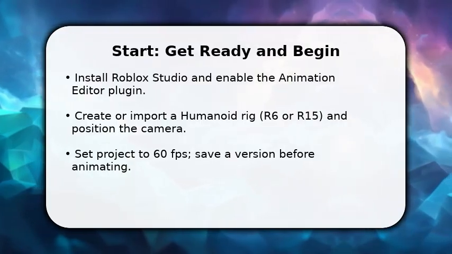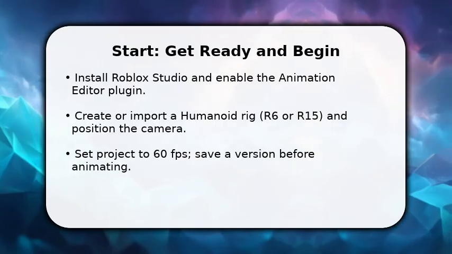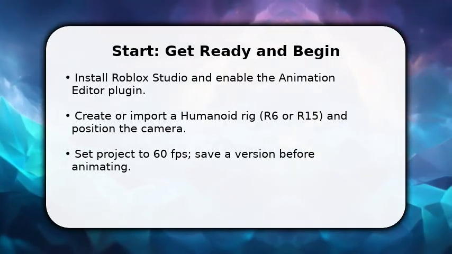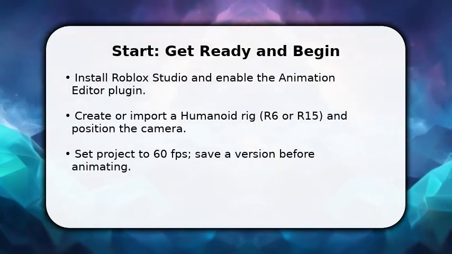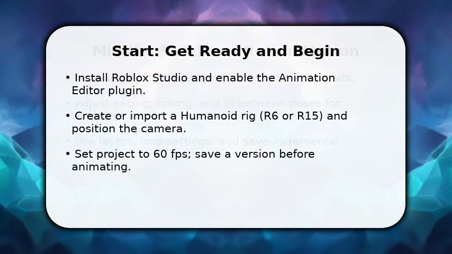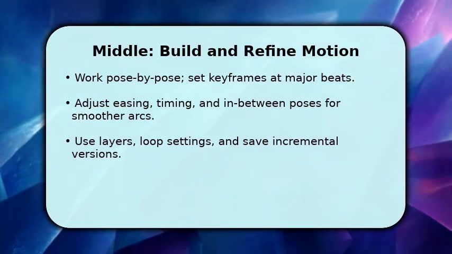Use the animation editor's record button to capture your first keyframes. Don't overthink the first pass. Make a short 1 to 2 second pose sequence to test timing, then save the file as a new version before continuing. Now you refine motion, work pose by pose and set keyframes at each major beat so the action